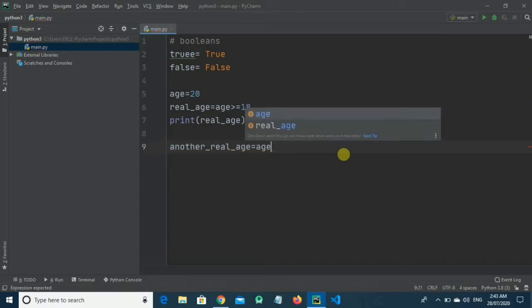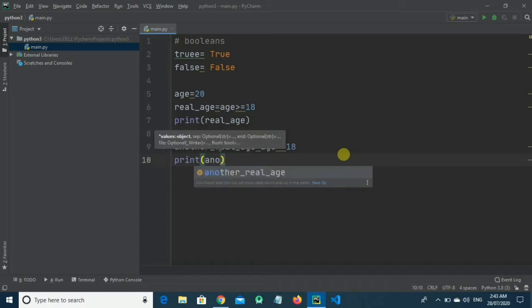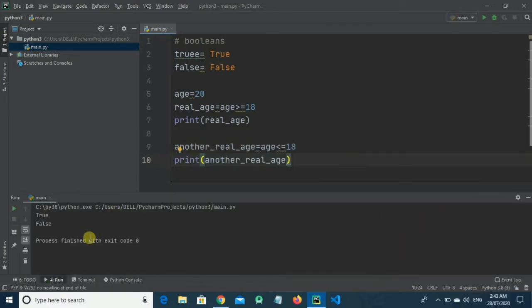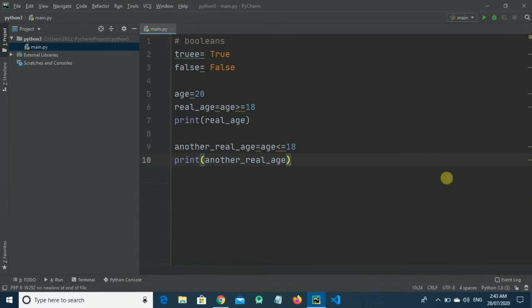This should be false, as age is not less than or equals to 18, because it's more than 18. Let's print another real age here. Okay, let's check the output. The output here is false because the value of age is 20.